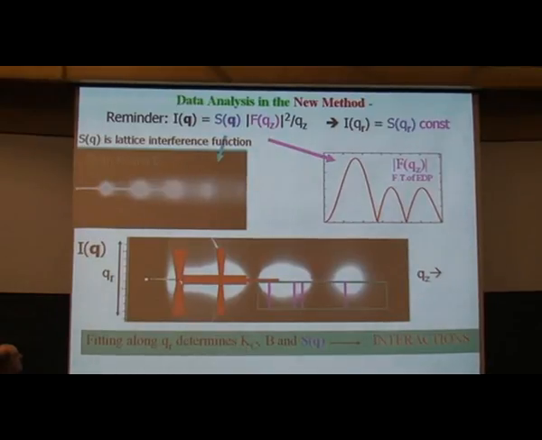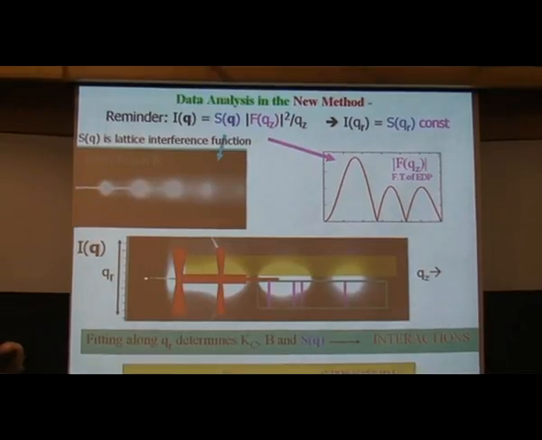Oh, and by the way, the data are very nasty along here because I get specular reflectivity from the substrate, and here I get mosaic spread, so I avoid those regions and I focus on this region. And then, I'm missing something. Oh yes, after I get this, I take the original data, the original I's, and I divide by this, and now I have the F of QZ, and that gives me the Fourier transform of the electron density profile, which if I then inverse Fourier transform it, I get the electron density profile.